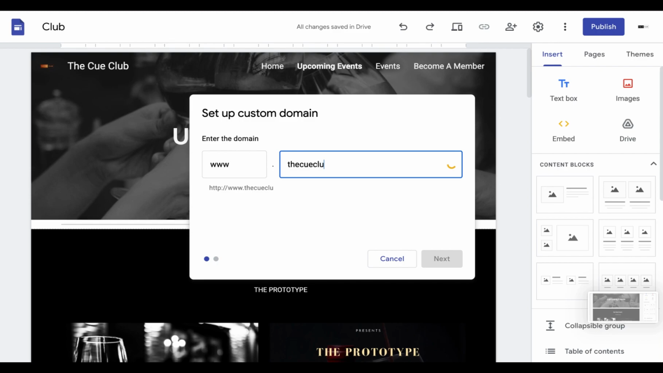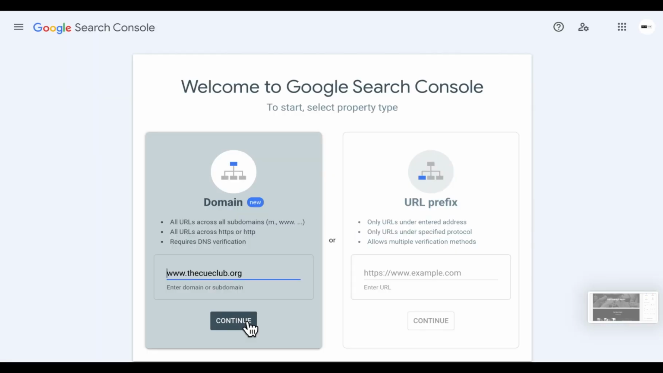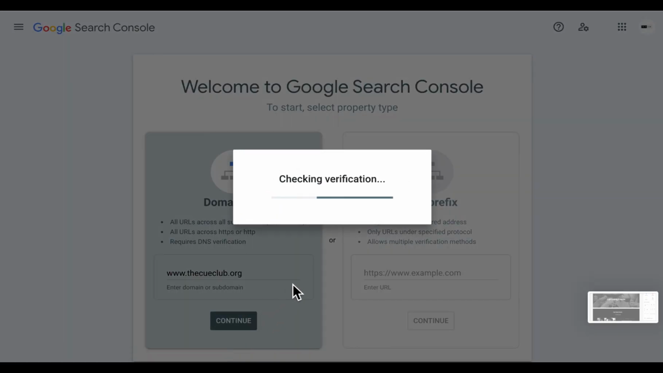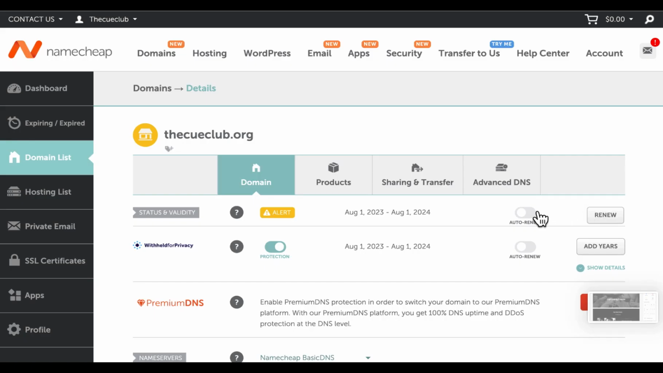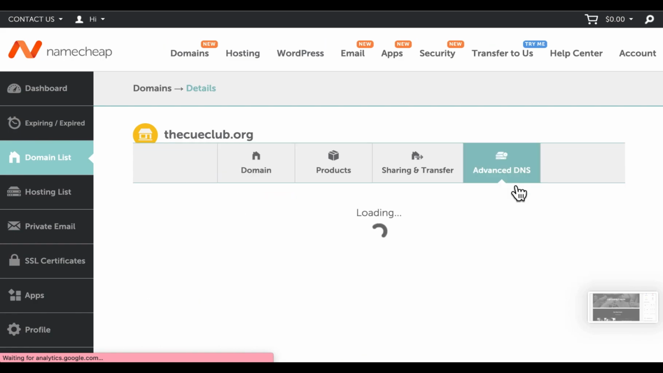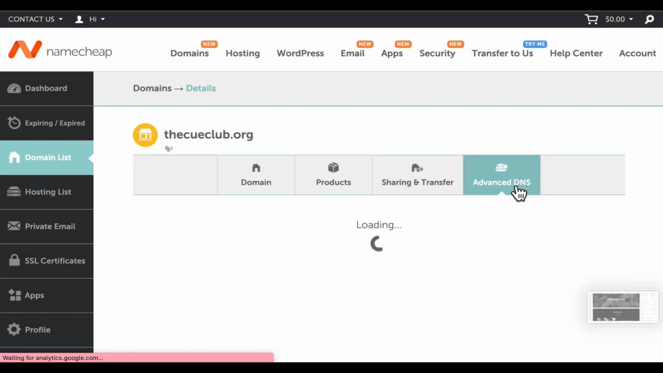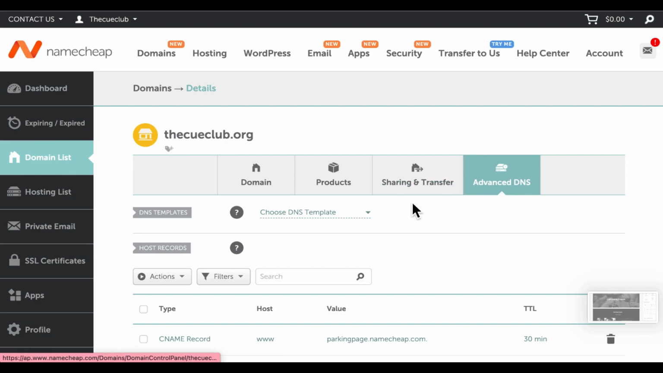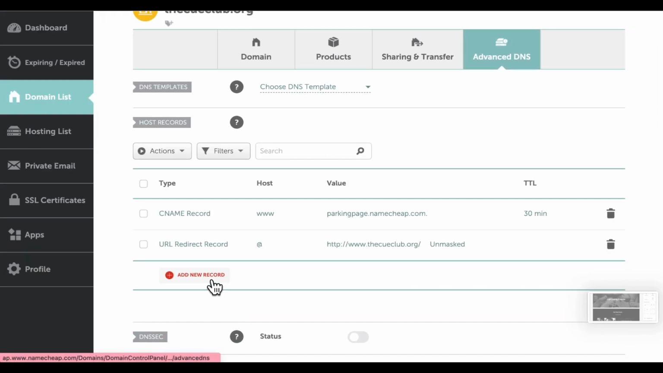qclub.org. Okay. Well, apparently it has not been confirmed, so this is me confirming it in Google Search Console. Okay, I think I'll have to slow down here. You open up your Namecheap, or wherever you bought your domain name from. I bought mine from Namecheap. So you head over to the advanced DNS settings, and then you scroll down and click on